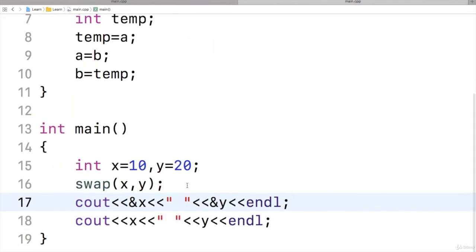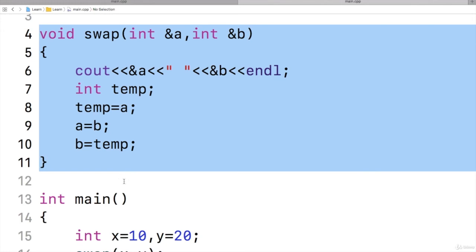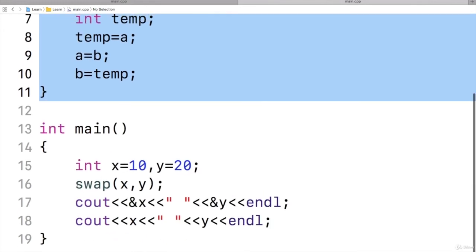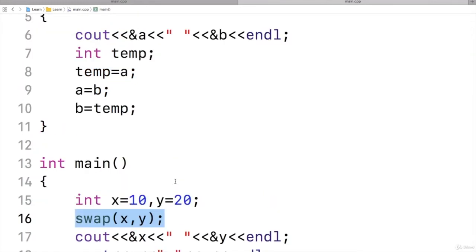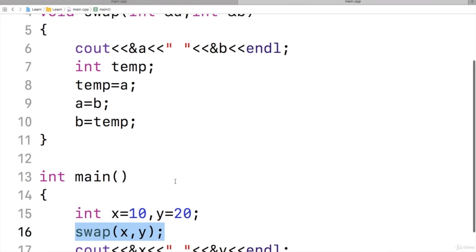So what happens here is that though we have written it as a function, it will not be called like a function. The machine code of the swap function will be pasted at this place, and in our program it remains as a function only, but the machine code that we get will not be having two different modules, it will be having a single module.